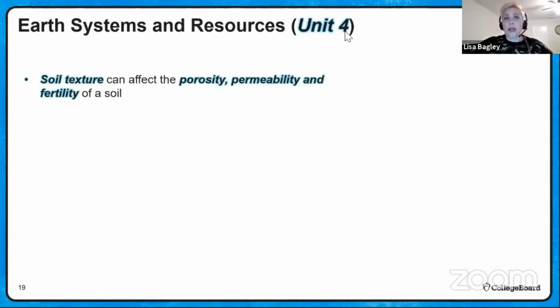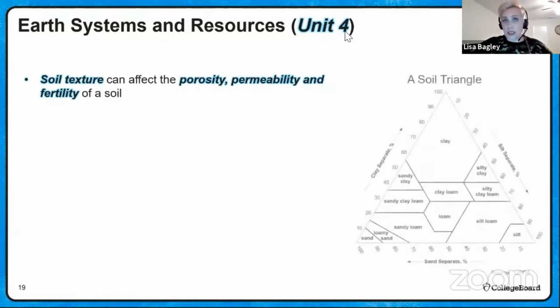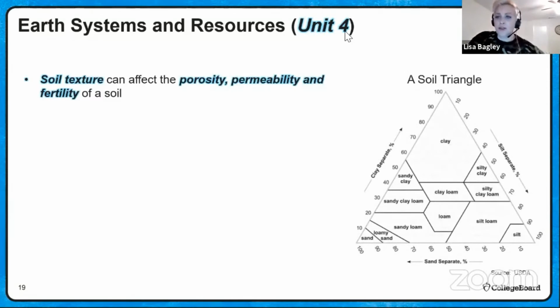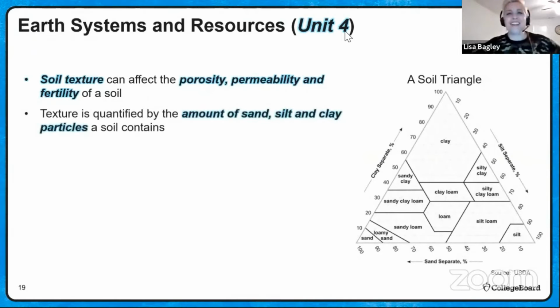Soil texture can affect porosity, permeability, and the fertility of a soil. Hey, it's a soil triangle. Texture is quantified by the amount of sand, bing, down there at the bottom, silt, right-hand side, and clay on the left-hand side, particles that a soil contains. You do need to know how to read a soil triangle. This is in our Unit 4 videos. We'll take you through it. So please, please, please, if this is the first time you've seen a soil triangle and your mind is blown,